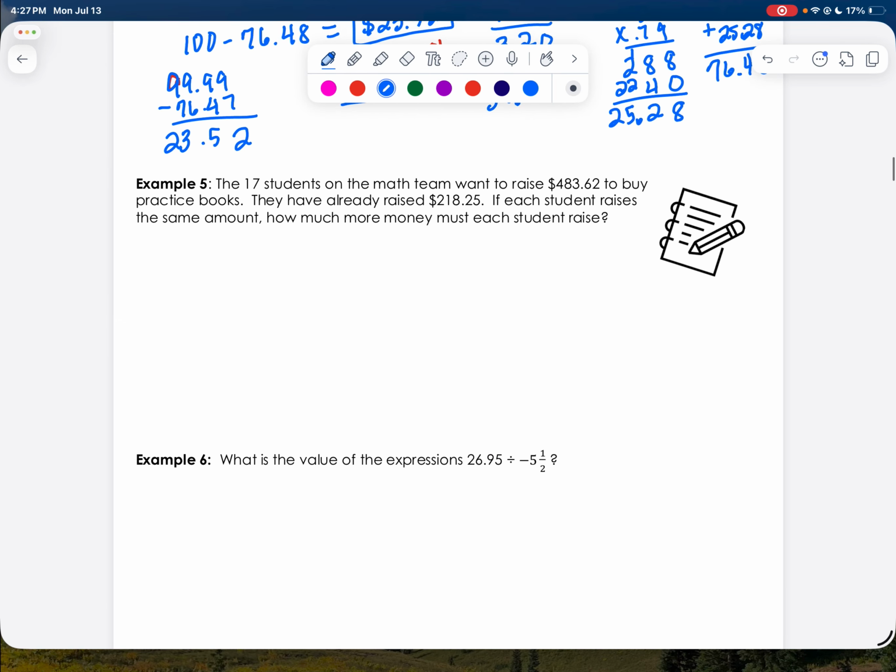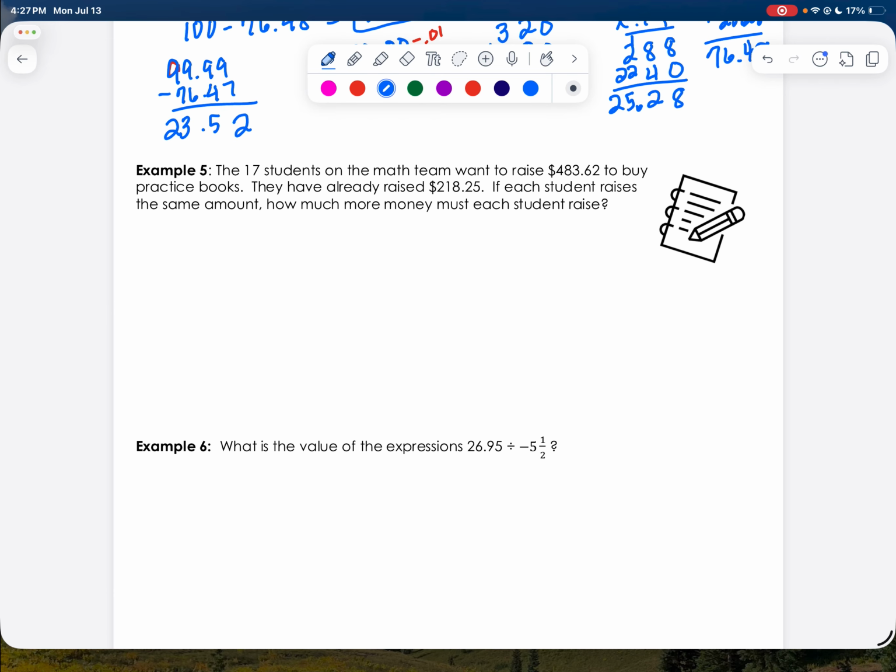All right, example 5. The 17 students on the math team want to raise $483.62 to buy practice books. They've already raised $218.25. If each student raises the same amount, how much more money must each student raise? So what we need to do is figure out how much more money they need, because they've already raised $218.25. So let's start by taking what they want to raise, $483.62, and subtract off what they've already raised,